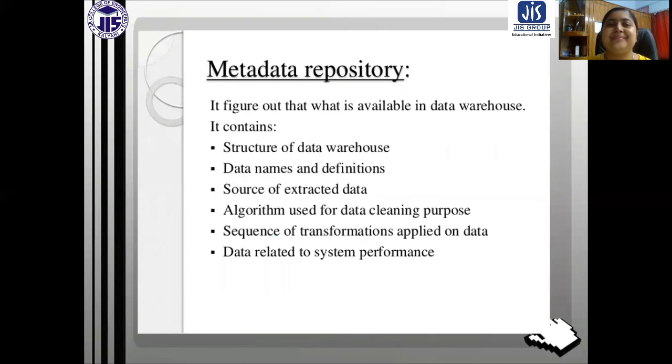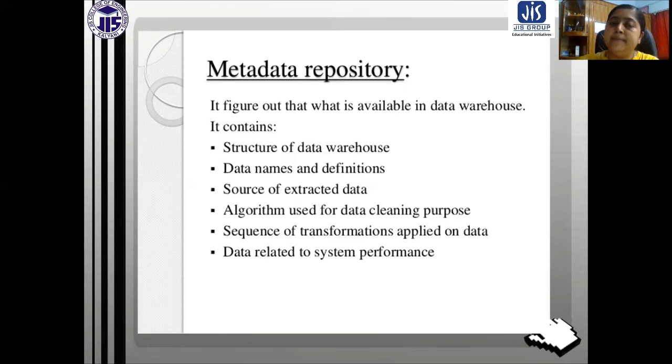Okay. Now the metadata repository. This is also a very important part of a data warehouse. So basically what does it contain? The structure of the data warehouse. We know that metadata is basically data about data. So whenever we build a data warehouse, the structure is going to be stored in metadata. That means the data about the data warehouse is going to be stored in the metadata repository.